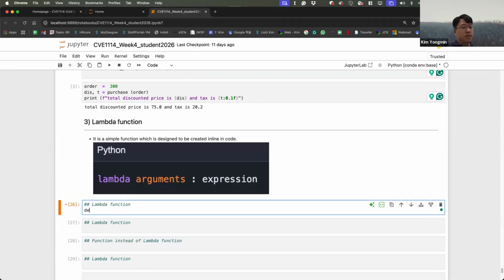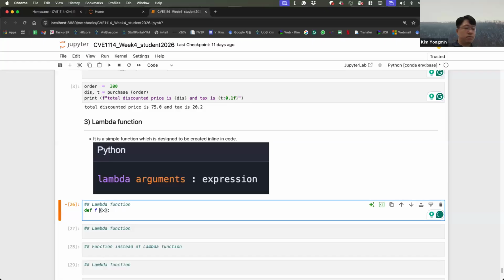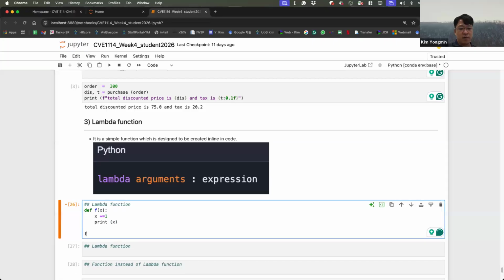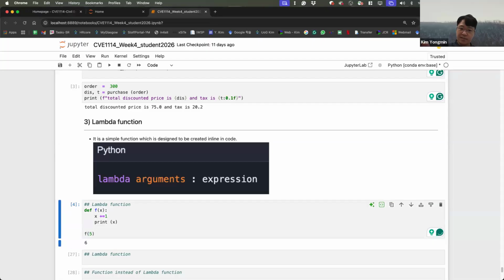I will define f(x): every time I get x plus 1 and print x. Then f(5), 6. But I want to use lambda functions.